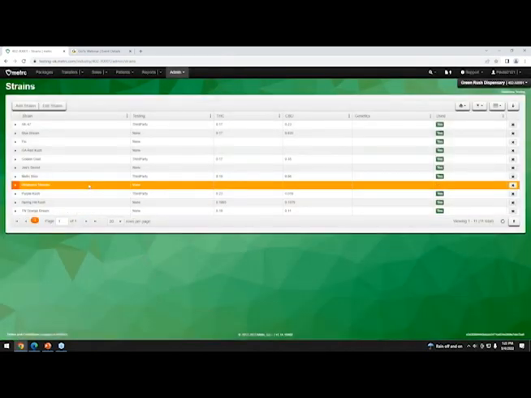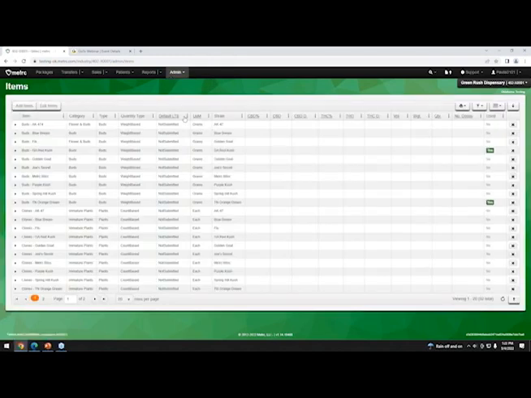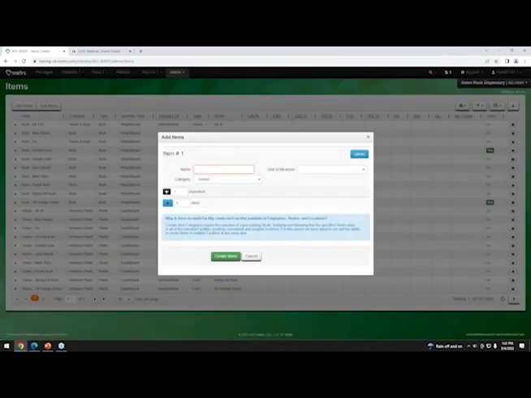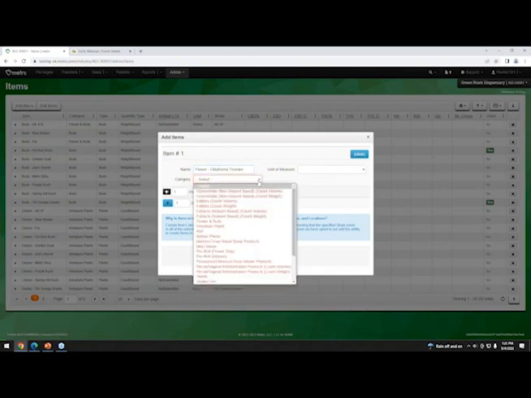Alrighty. Then we'll go to our admin menu again and go to items. We'll go ahead and just add an item for flower. We'll call it Oklahoma Flower dash Oklahoma City. We always recommend it's nice to have the item category in there if it's a strain specifically. Also, if you have prepacks of flower or something else, just put the denomination in there as well, so it would be 3.5 grams or 7 or something like that.